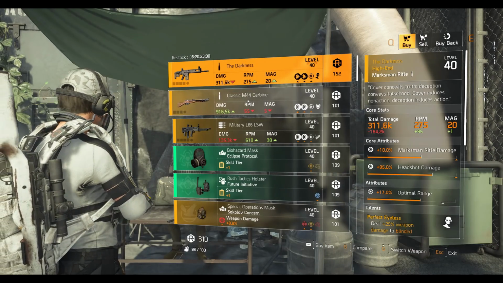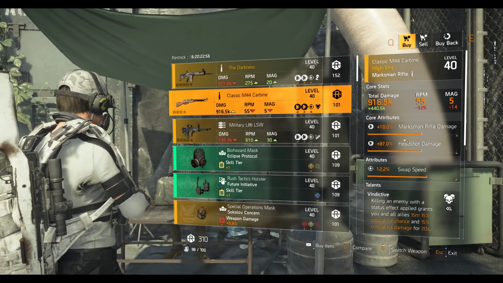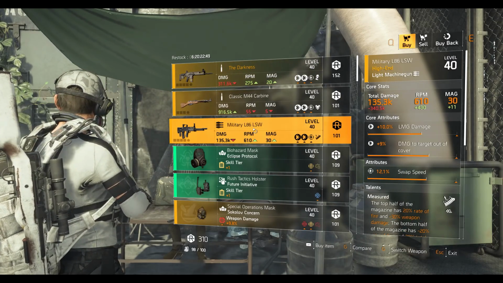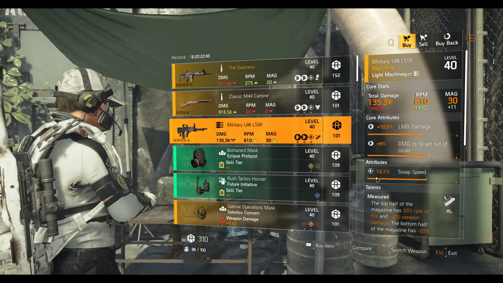Okay, the next one we have is the classic M44 Carbine, with Marksman rifle damage 10%, headshot damage 87%, 12.2% swap speed, and talent is vindictive. Next we have military L86 LMG with 10% LMG damage, 9% damage to target out of cover, 12.1% swap speed,